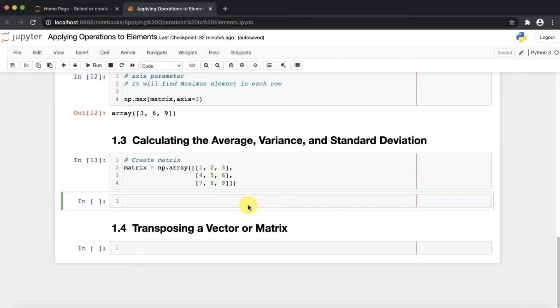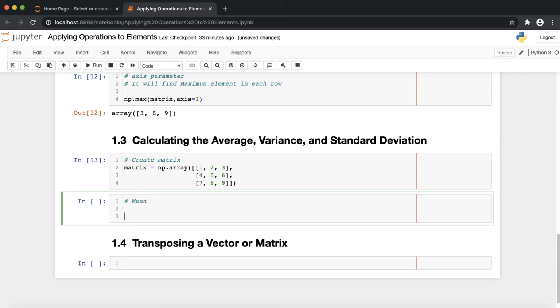Kunal Patel, and in continuation with my previous video, we are going to see how you can calculate the average, variance and standard deviation of a particular matrix, right? So first of all, I have created one matrix, right? And if I want to find the mean of this particular matrix, then I just need to call a mean function, okay?